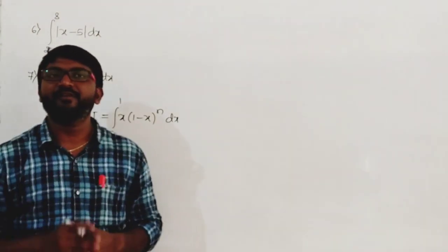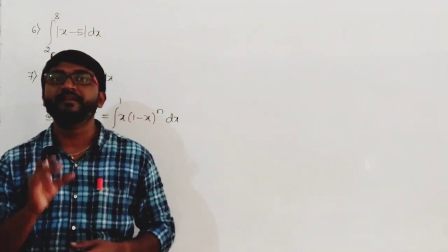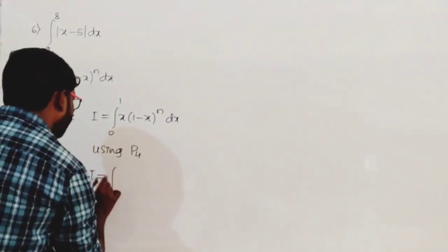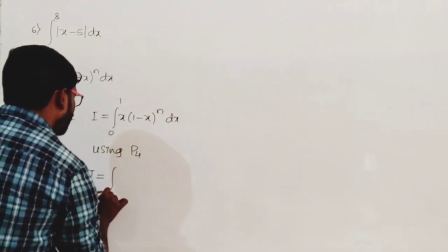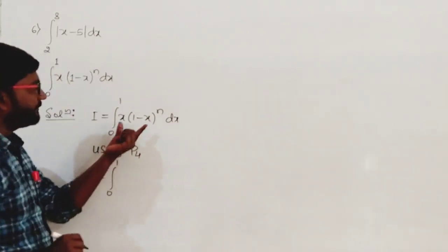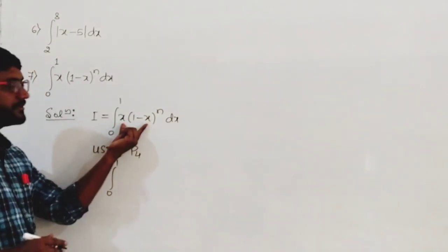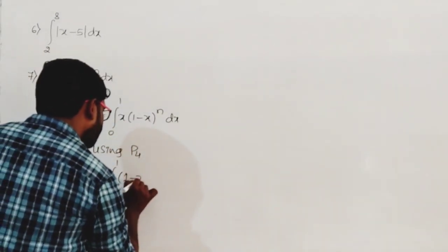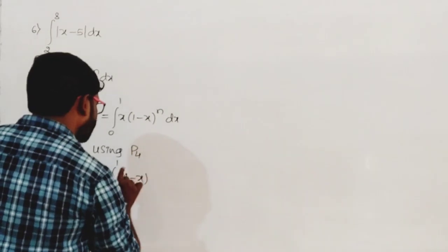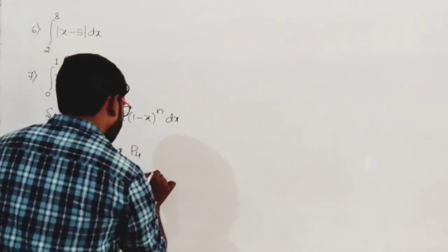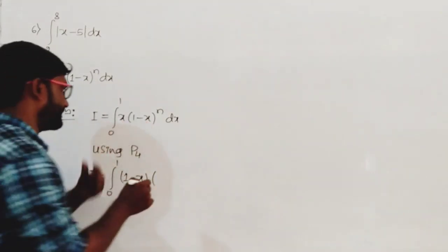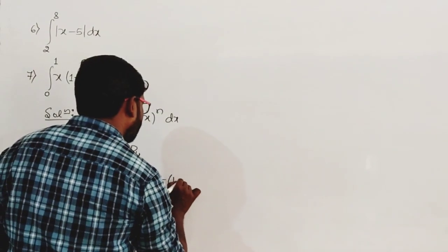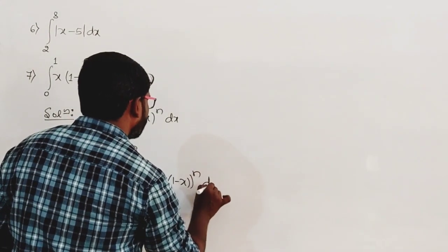It is the integral 0 to a of f of x dx, which is equal to the integral 0 to a of f of a minus x dx. So now I is equal to the integral 0 to 1. Now f of x can be written as f of a minus x. What is the value of a? It is 1. So x changes to 1 minus x, and 1 minus x changes to x. For example, in place of x I have to write a minus x, that is 1 minus x, to the power n dx.